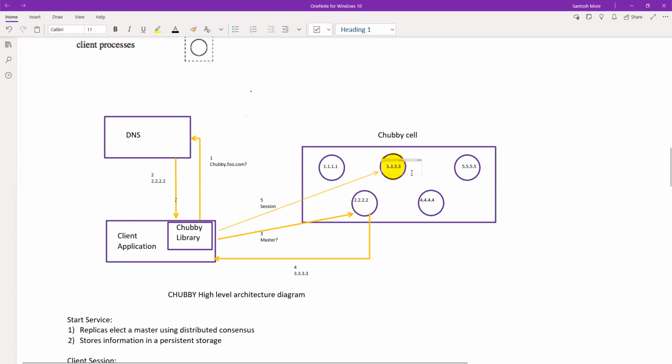Oh, it returns only when the majority of the replicas have updated that value, isn't it? So there might be, when it is trying to replicate to its replicas from the master, at that time, if you get a read request for the same data, because you modify the data, right? So if you get it at that time, you might have conflicting information which is in the cache or in the